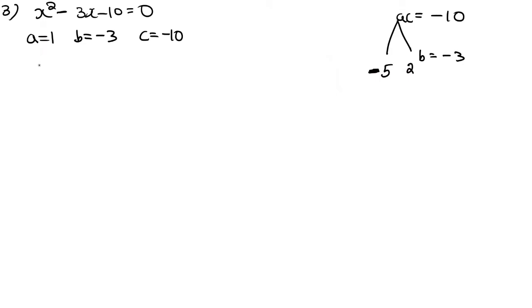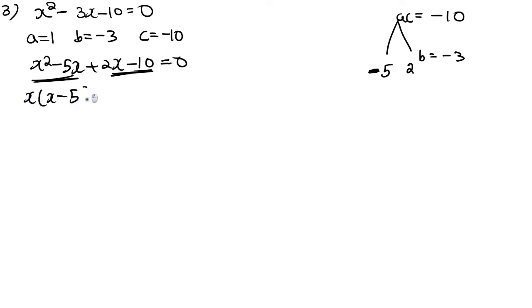So the above equation can be written as x square minus 5x plus 2x minus 10 equal to 0. Group these two as terms. Then I will take x outside. What will you get? x minus 5. x into x is x square. x into minus 5 is minus 5x. Okay, then we know, right, inside the bracket you will get the same value. So here I will take x minus 5. Then see, here you can take 2 into x is 2x, 2 into minus 5 is minus 10.